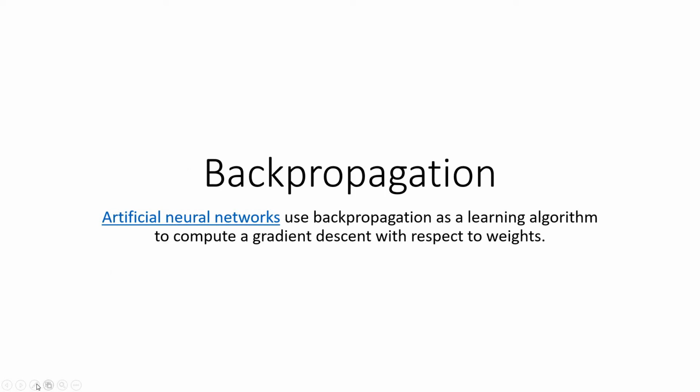In this video I've tried to explain what backpropagation is. Basically it's some of my findings, the way it is easier for me to understand, and I've tried to put it that way. Of course you can go ahead and watch other videos to clear up your understanding until you form your own concept for it. But in simple terms, it is used in artificial neural networks as a learning algorithm to compute gradient descent with respect to weight.